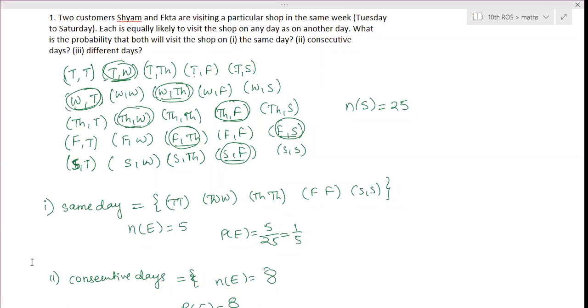That is called equally likely, every day possibilities. Okay, ma'am. We are finding out the possibility of which day they might have gone. So these possibilities we have calculated. Okay, ma'am.